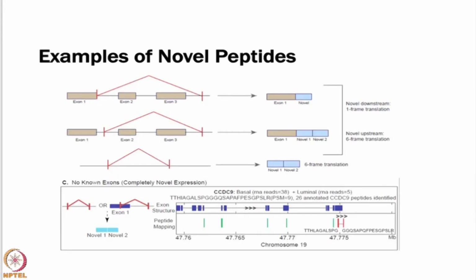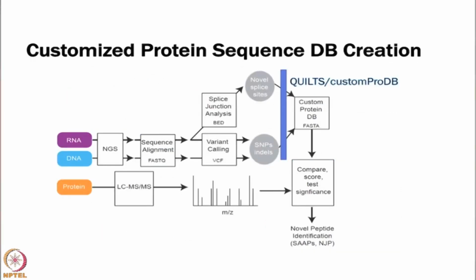Or also you can have, as I mentioned, these completely novel peptides where it's just either in intronic or intergenic regions. And you can sort of see, in this case, it was in the middle of an exon and then in the middle at the end of an exon. So these are less likely, especially in a really well annotated database, but you do find them. Okay, so again, you can put your bed file into these tools and just create your database using them, but